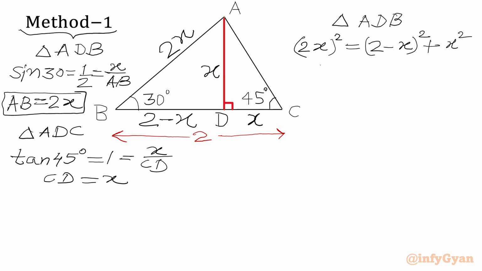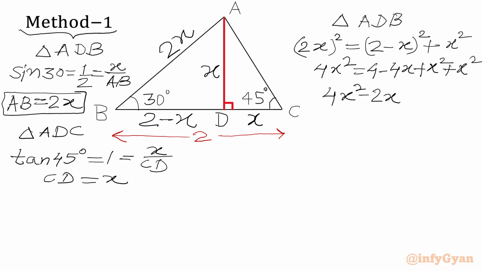So (2x) whole squared is 4x squared. (2 minus x) whole squared is 4 minus 4x plus x squared, plus x squared. Now we will write x squared plus x squared, 2x squared, on the LHS with a minus sign. Then we have plus 4x